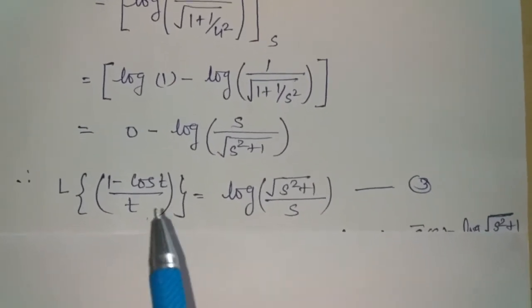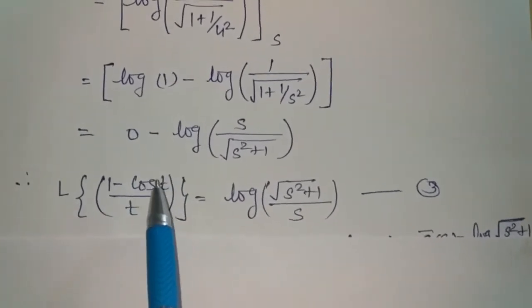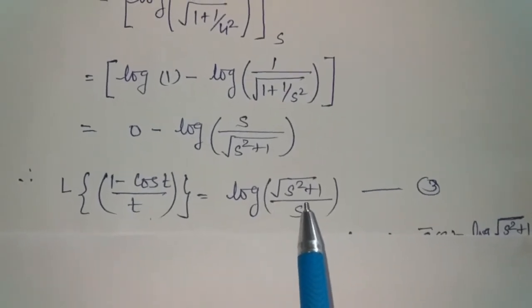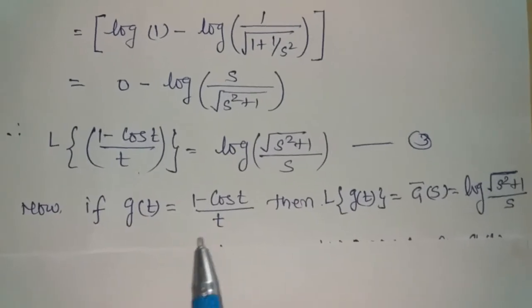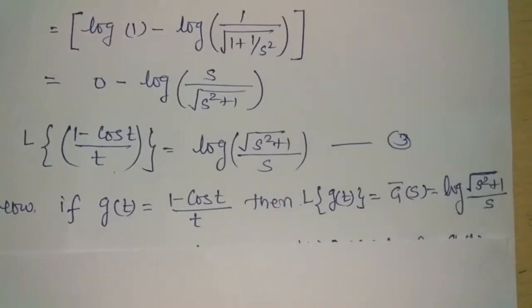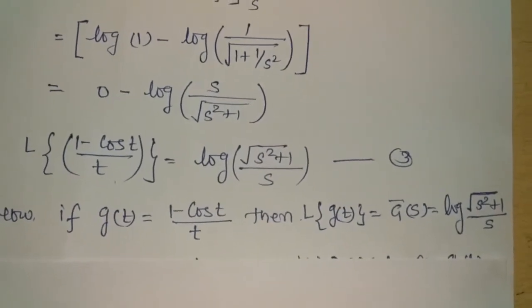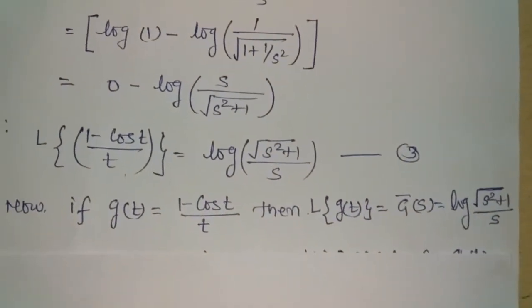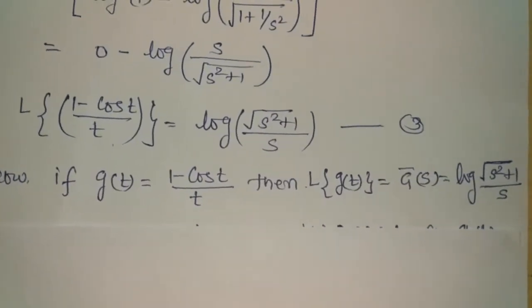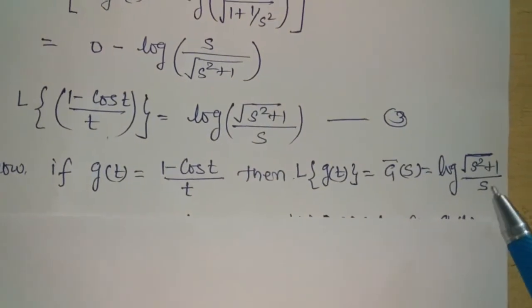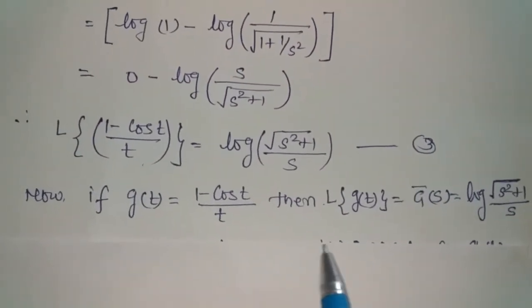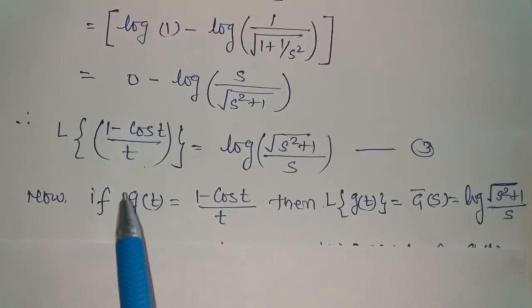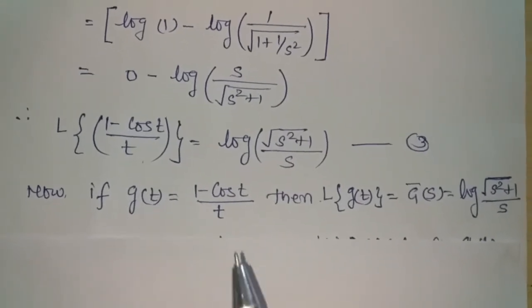Now we assume this function is g(t) and its Laplace transform is g bar(s). So if g(t) is (1 minus cos t) by t, then its Laplace transform g bar(s) is log of square root of s square plus 1 by s. Now again we apply the division by t property in this g(t) function. We get